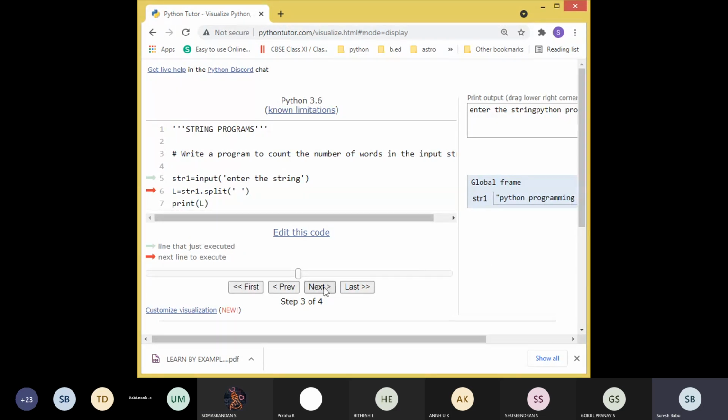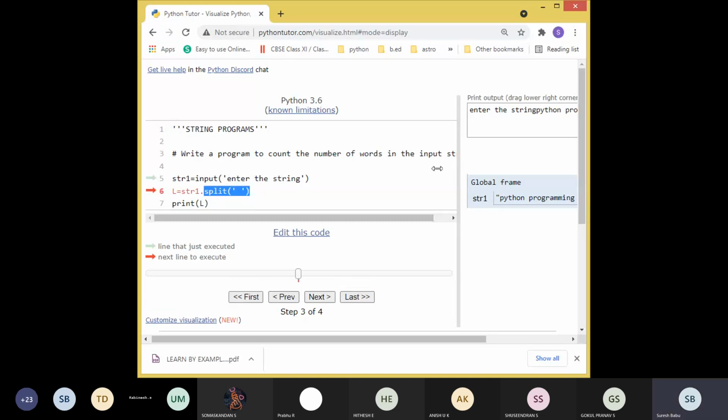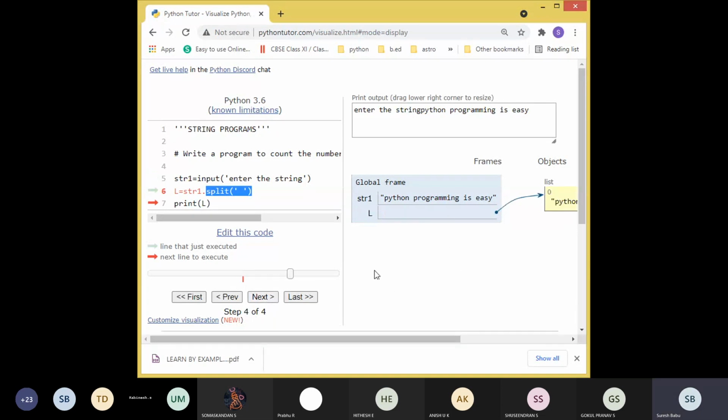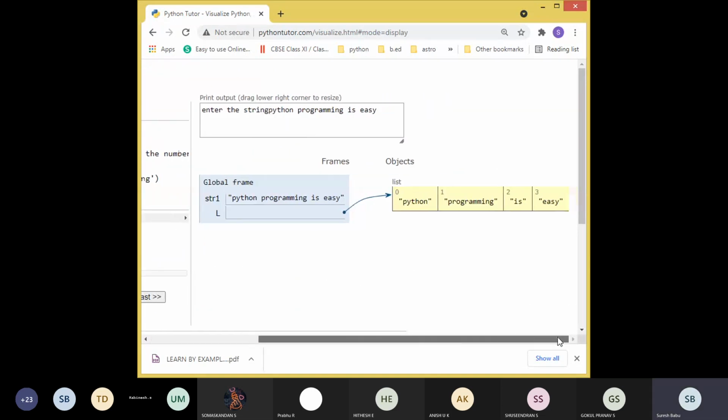So now the split function helps you make it a list of strings. See, it automatically splits by using the space as a delimiter. See here. So now this is a list. Now we converted the string into a list by using the split function. It automatically converts to a list of items. Every item is every word of this string.